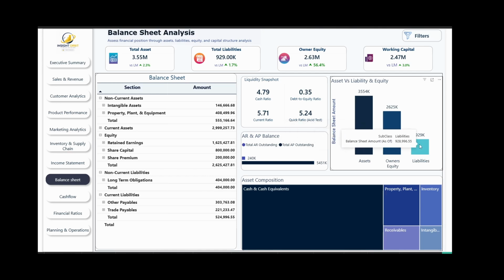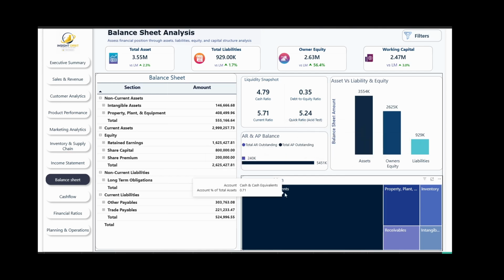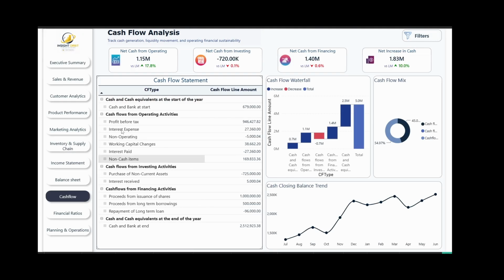One thing: profit doesn't always mean the business has cash available. This report shows the actual movement of cash through the three activities: operating activities, financing activities, and investment activities. And this KPI shows the net increase in cash in this specific period. And this is the full cash flow statement. And this is the cash flow waterfall chart, the cash flow mix, and the cash closing balance trends over the